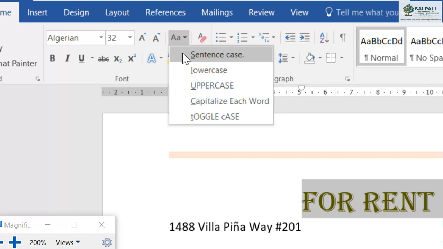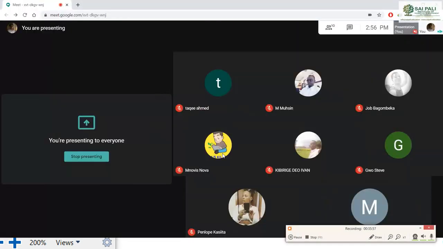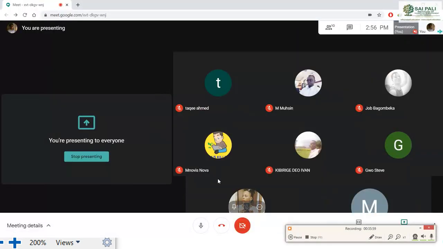Now I want to make it different, so I want to make the characters lowercase. When I select this, you can see it will change all the text to lowercase.